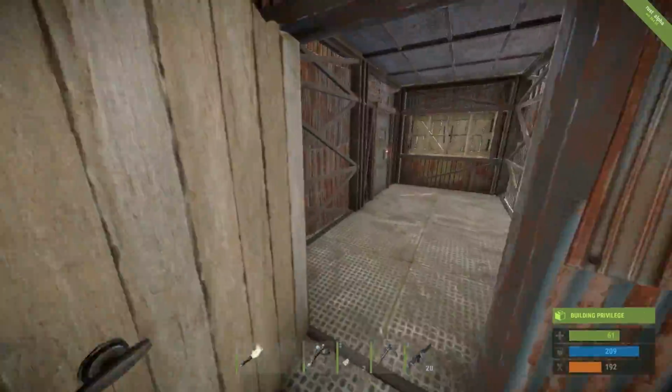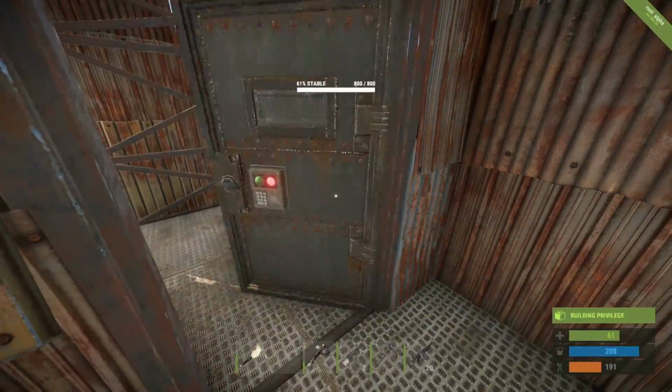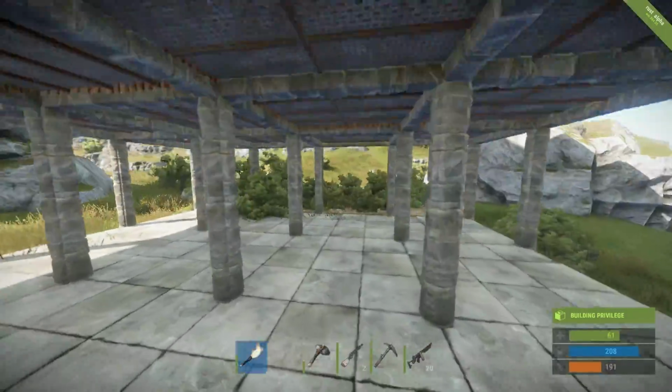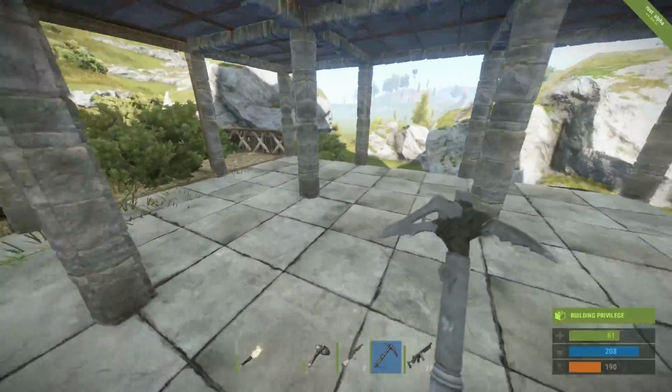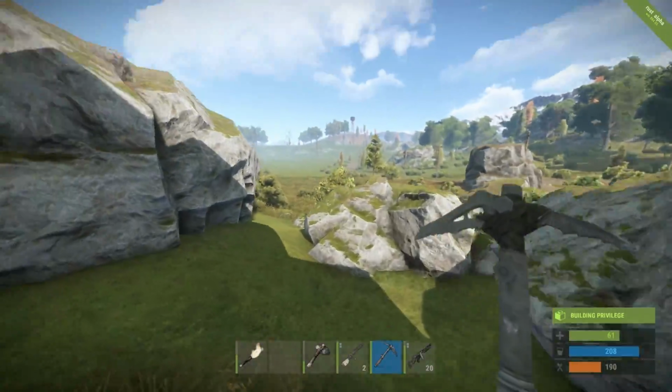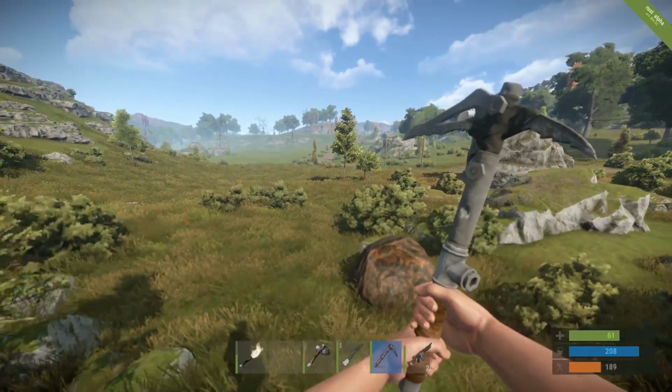Let's just pop down through the building, I suppose, and we'll pop out and do a little bit of mining. I will say Rust can be a lot more exciting than I'm showing it to be. This server is quite small, like I mentioned. I'm actually kind of liking that. I'm liking that it's small and quiet and you can sort of focus on building and surviving rather than, you know, is someone going to come over and...